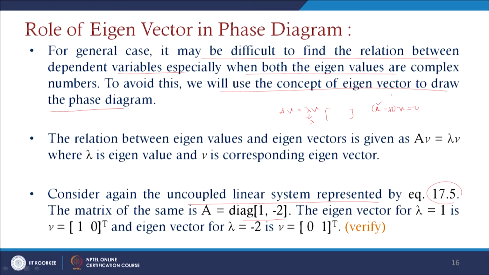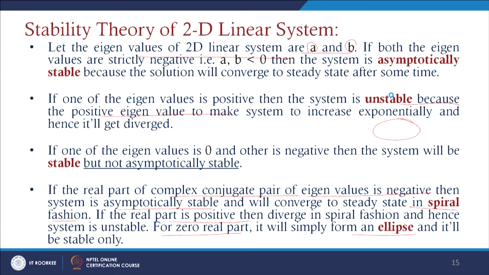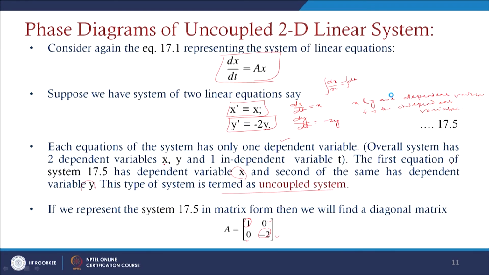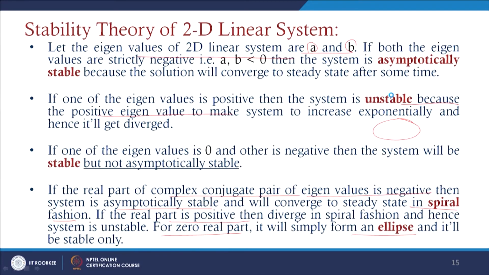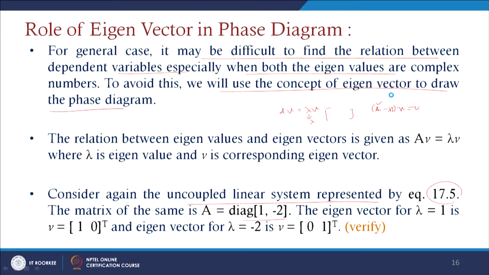then obviously we are writing here A is the system in the form of 1 0, 0 minus 2. It is just given. Corresponding to lambda equals 1, you can find that we will have a vector in the form of 1 0, and corresponding to eigenvalue lambda equals minus 2, you will have a vector 0 1 there. So, these eigenvectors will be written as 1 0 and the second one is 0 1 here.